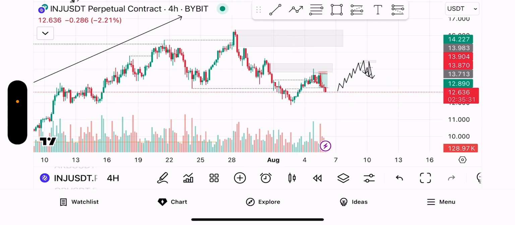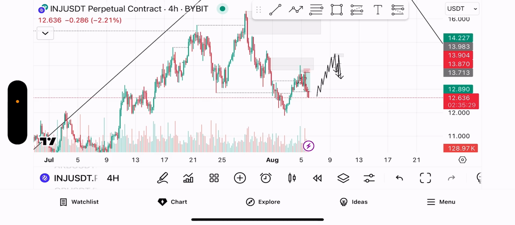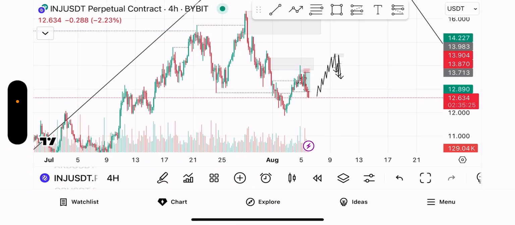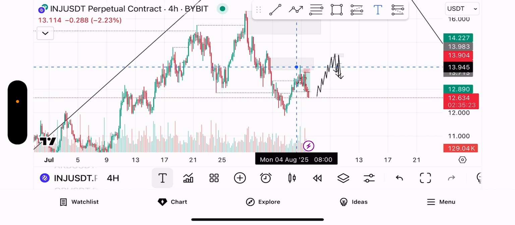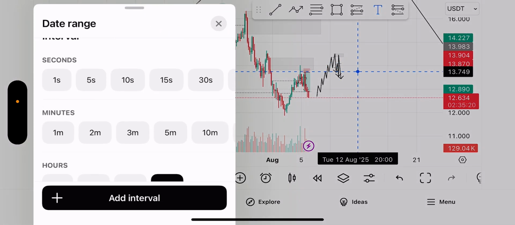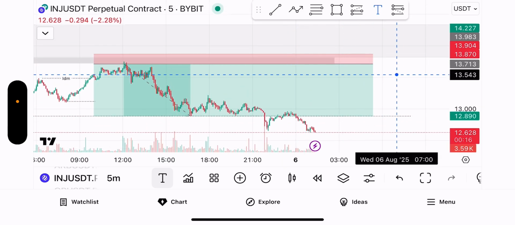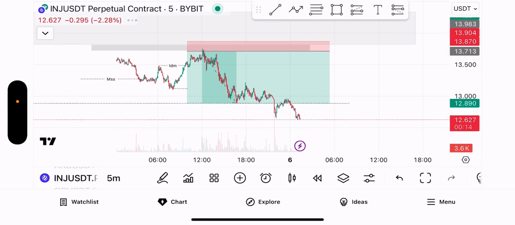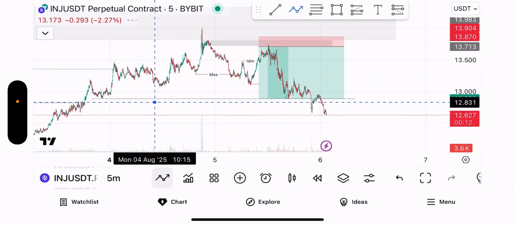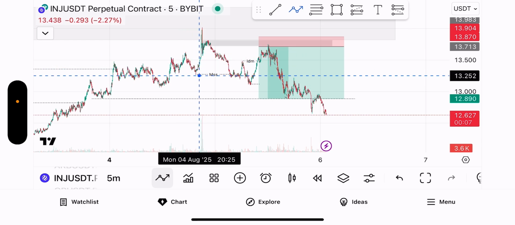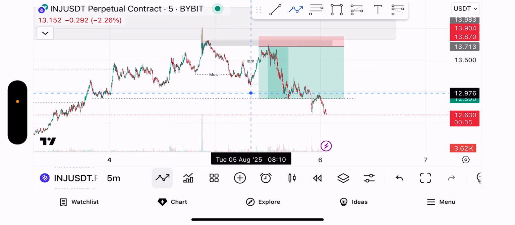Now on the 4-hour time frame, I didn't take my entry. Instead, I wait for the price to get to my point of interest level, which is this zone here. Once it gets to my point of interest level, I switched to the lower time frame and I waited for a switch in market bias. As you can see what happened here, we have series of highs, lows, high, low, high, then another change in